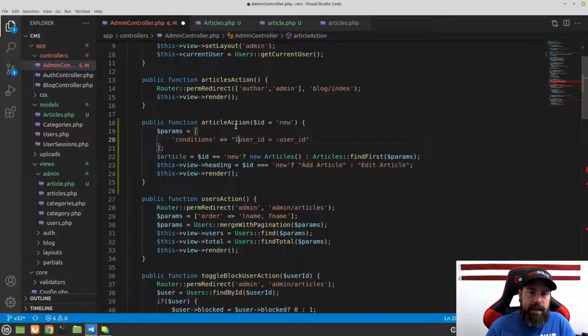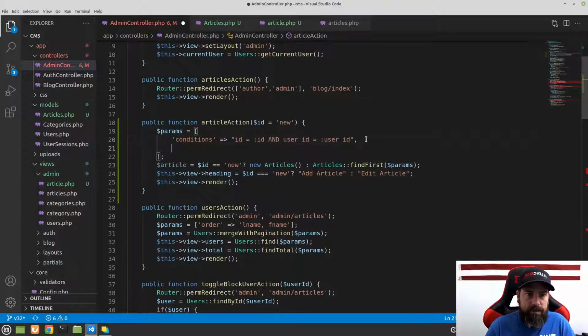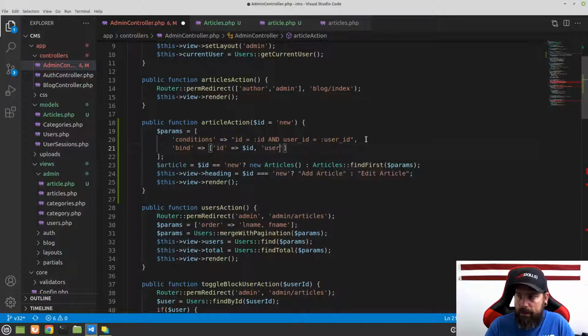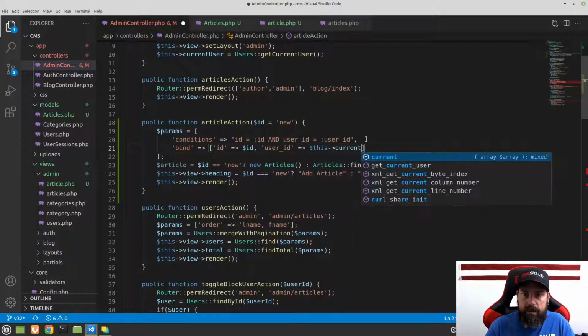We're going to say ID is equal to ID, and we'll say and user ID is equal to user ID. Next, what we're going to do is for our bind, that's going to be an associative array with ID, and the ID is going to be the article ID that's passed in, and then the user ID will be this current user